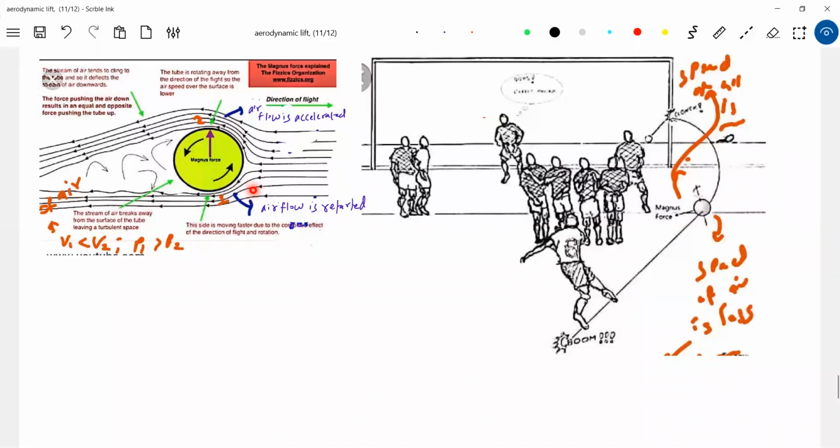Now what will happen to this one? This particular point of the ball will try to carry the air along with it. The air which is flowing further, its velocity will be increased, so the airflow is accelerated. The air which was moving with a constant velocity, everywhere the same, by the time it arrives here will have less speed, and here it will have more speed. It was having energy, so now that energy got decreased.